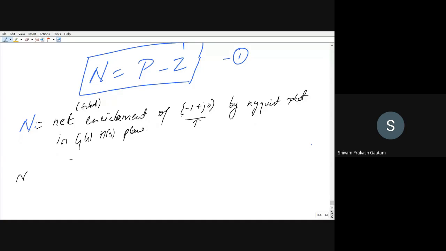And if we talk about the encirclement, what does encirclement mean? Suppose we are having a point like this. If I want to encircle this point, that means we have to cover this point like this, right? And when I say I have to cover this point, it can be in a circle way, it can be in a square way, it can be in a triangular way, it can be anyone. The bottom line is that we have to encircle this point. So let me again draw.